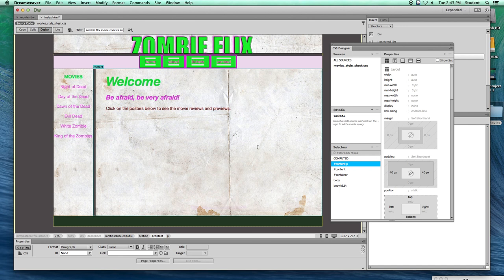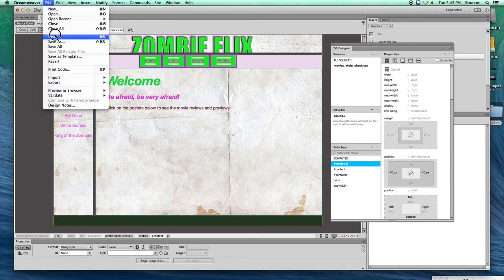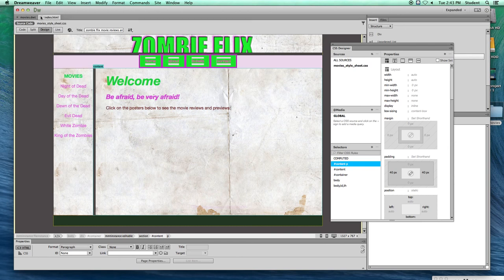We're going to add some images here of the posters, and we're going to do that in the next video. We're going to see how we can make nested div tags and add some images. I'm going to save all to make sure all the updates are saved, and then I'll see you in the next